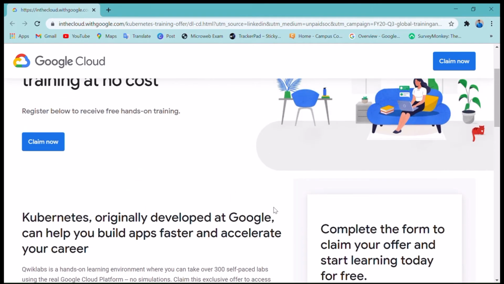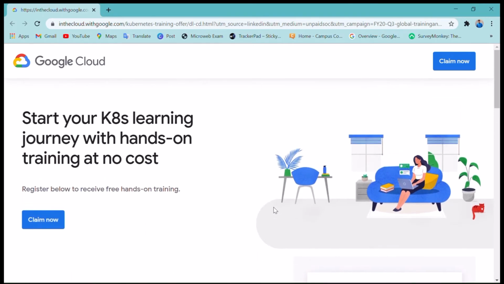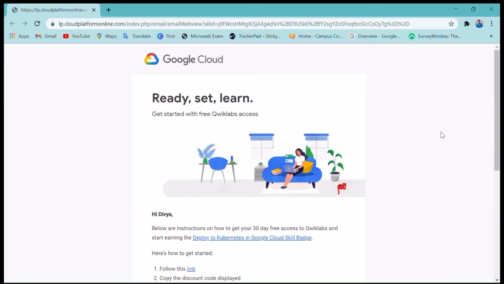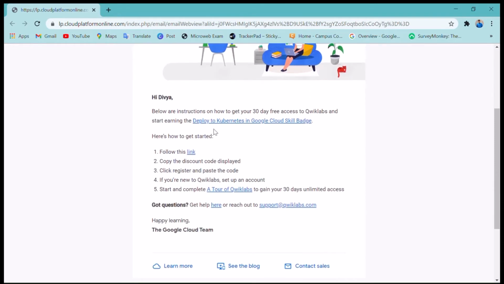After submitting this form you receive a mail from Google Cloud. So I will show you. You will receive this type of mail, and from there you can access your course. First of all you have to follow this link.